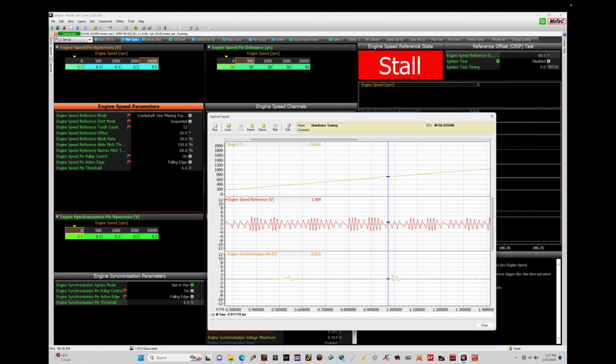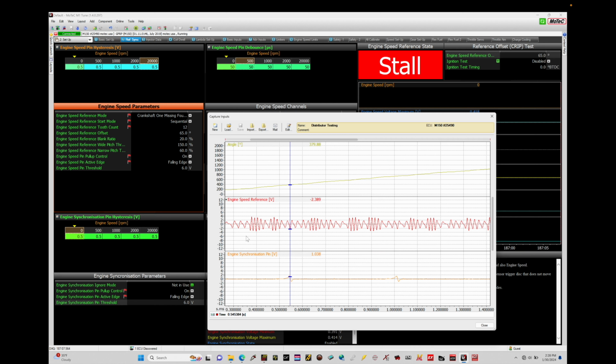So we can see the synchronization pulse will start right here, and that would be where it starts to count again. So we're ending our count on the tooth right before that synchronization tooth, and right before that speed reference tooth right here. So we have these lining up to each other. We're going to skip that because that's going to essentially count as another cycle, and this is where our last tooth here we're going to be referencing. So there's 24 teeth on our engine speed reference or our trigger,